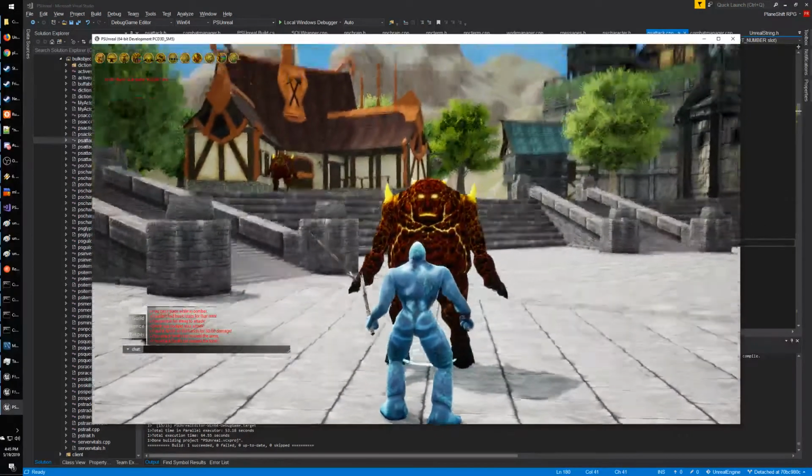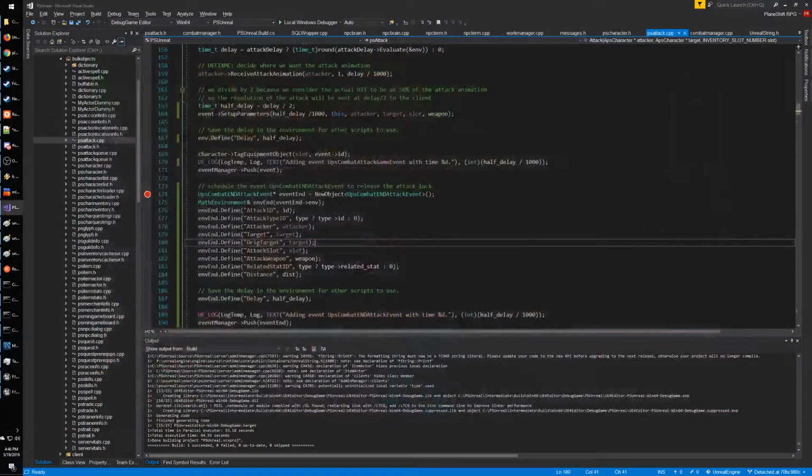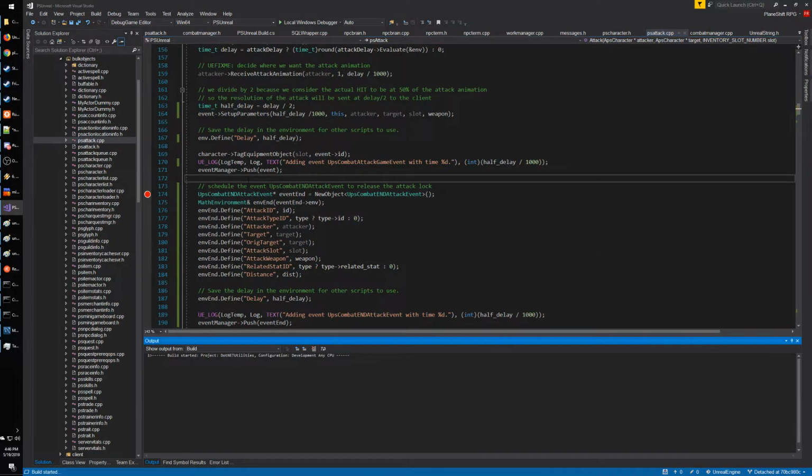I don't know why. Oh, by the way, also saving of the character works, so everything that is saving to the database is working. So yeah, a lot of stuff is working. So I think we can release an Unreal Engine version soon. I mean, soon, I don't know, soon trademark, right? But